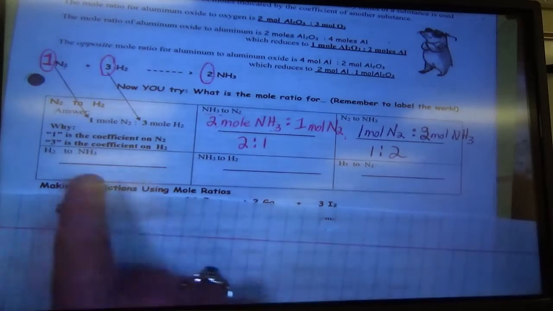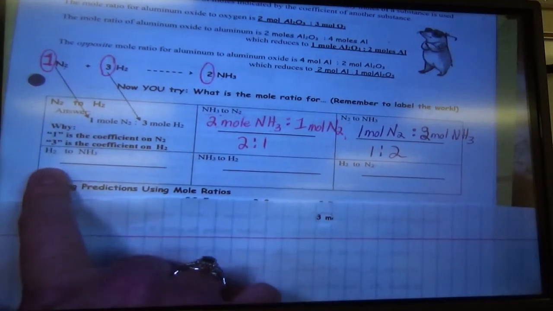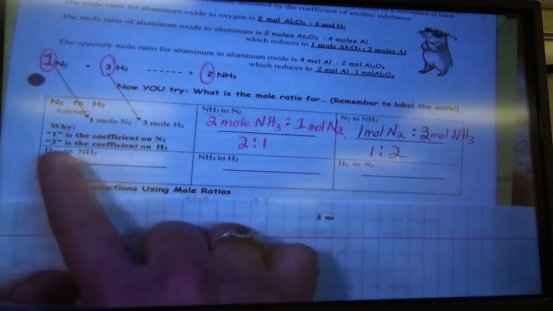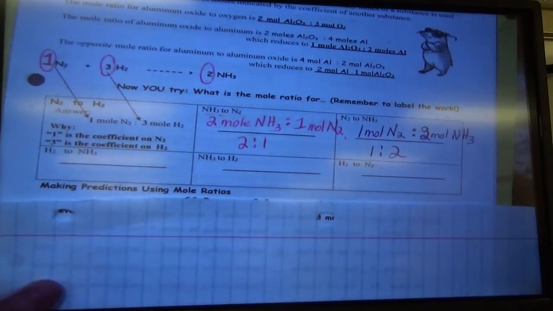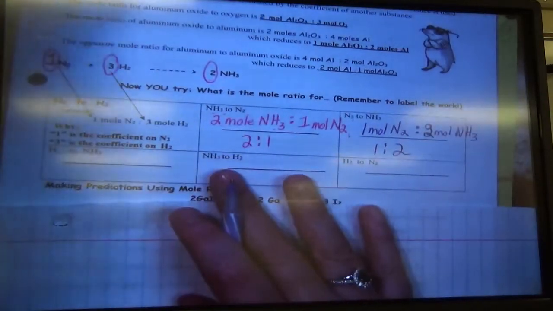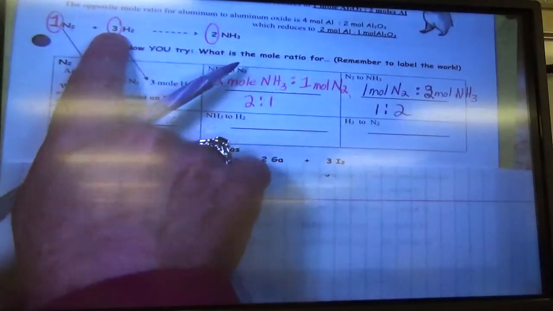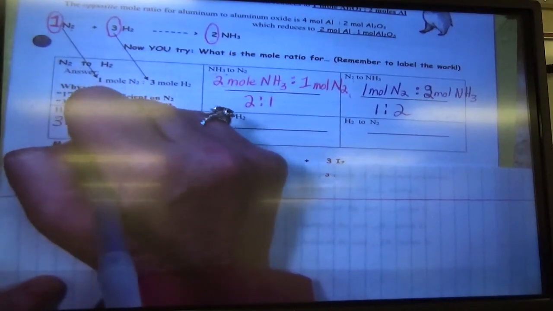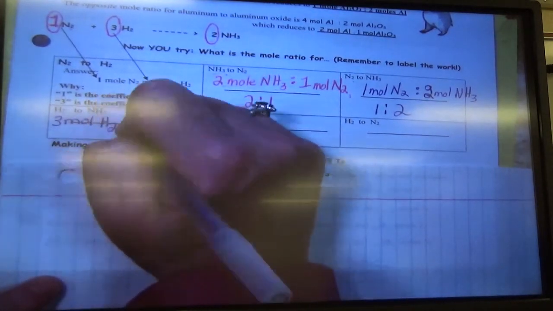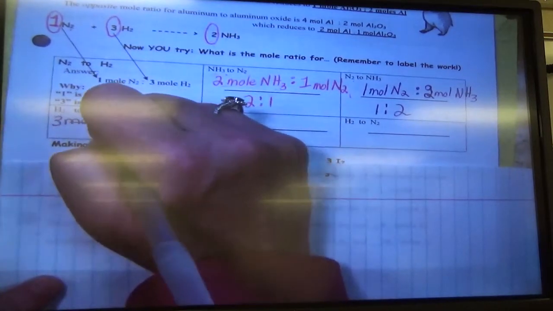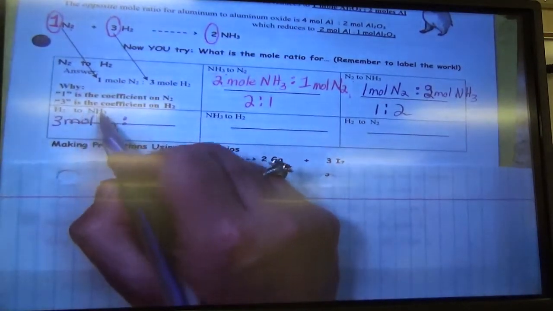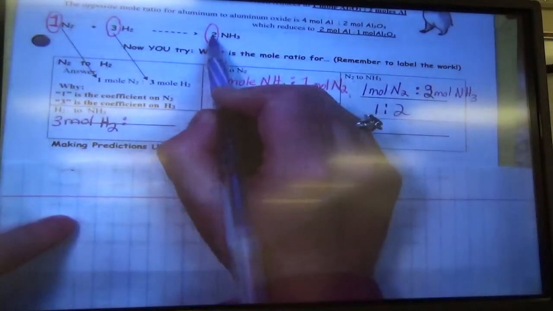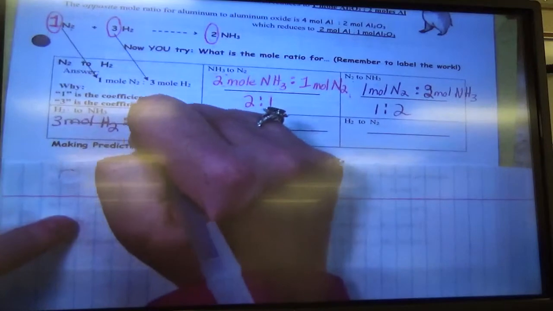Okay, let's do this one down here. It says hydrogen to 2 NH3. See it? Okay, go to hydrogen. How many moles of hydrogen are in the equation? 3. The coefficient on hydrogen is 3. So I'm writing 3 moles hydrogen, then the colon. All right, it says 2 NH3. So go to NH3, what's the number? 2. The coefficient on it is 2. So 2 moles